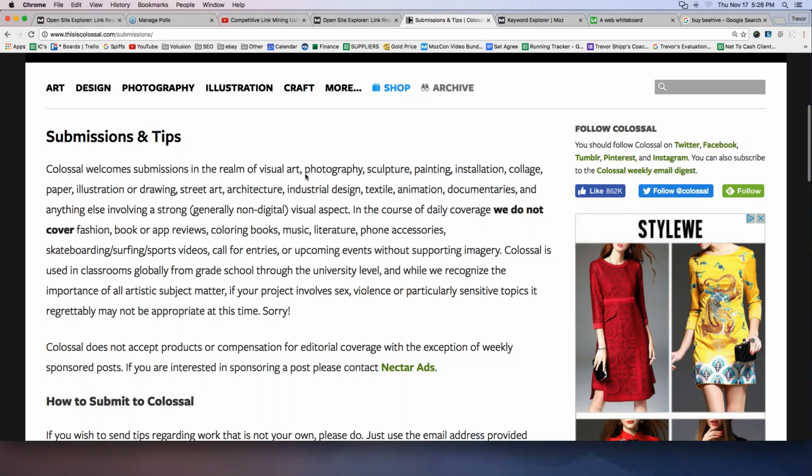Now, if they don't accept me and I write this article out, well, I've got another article I could post on my blog, or I could submit to another site, or I could use in a guest blog post of some sort. My efforts are not in vain, in other words. Okay? So that's just one site right there. If we go back,